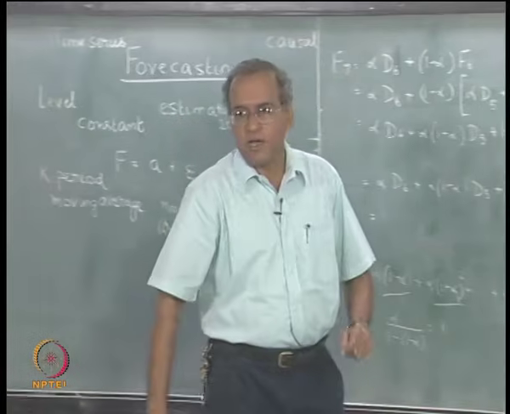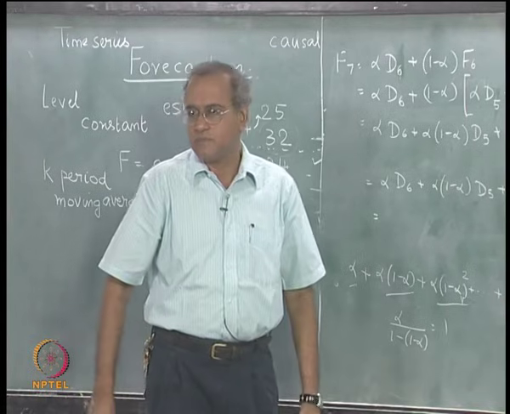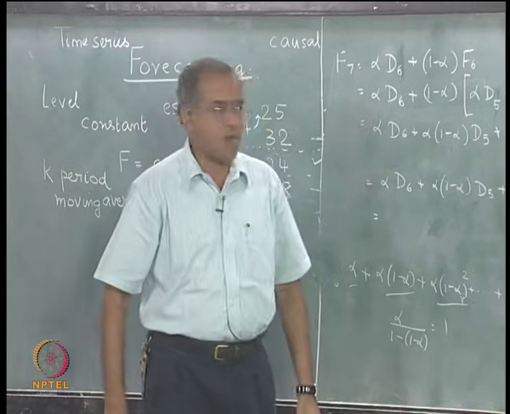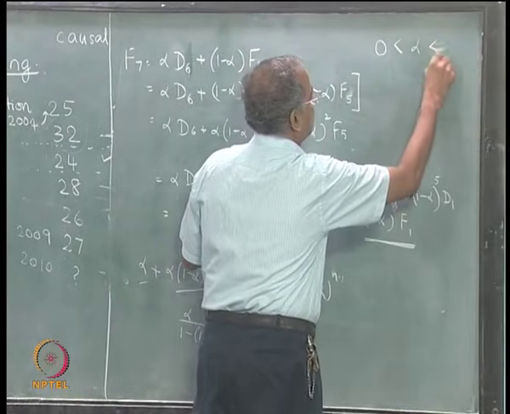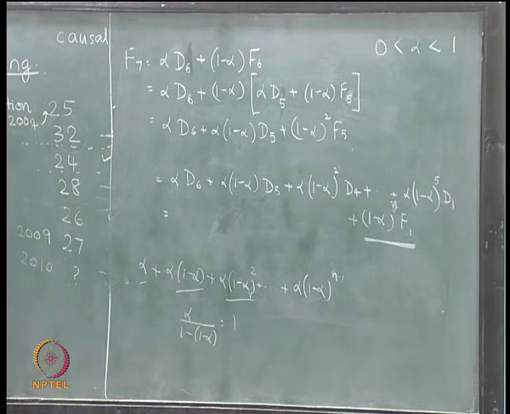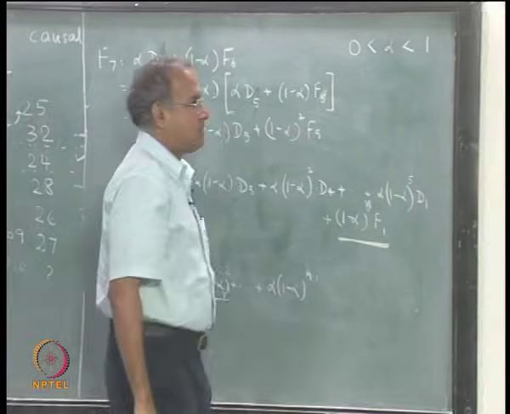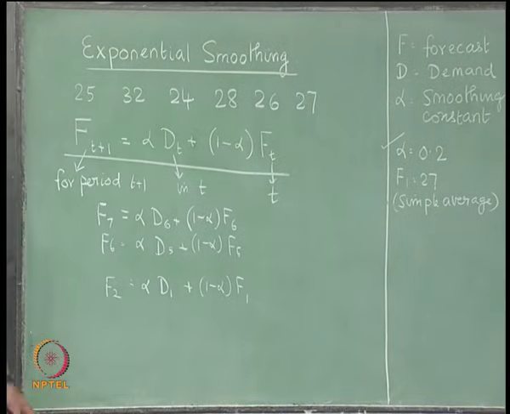Now first of all, alpha should satisfy two conditions: alpha is greater than 0 and alpha is less than 1. So 0 less than or equal to alpha less than 1. Now why are we looking at this? If we come to the most basic equation which is given here, from this equation